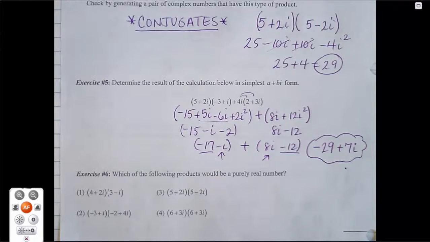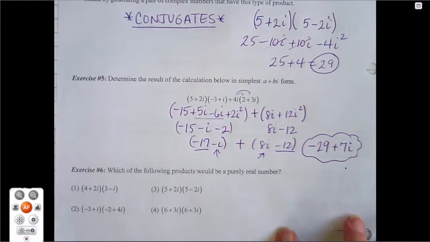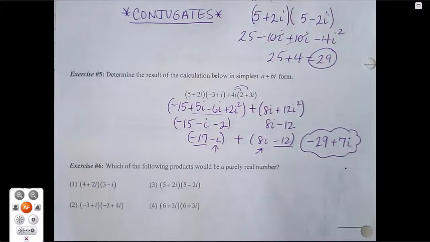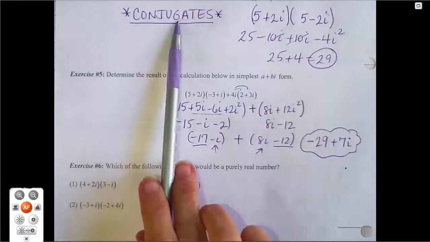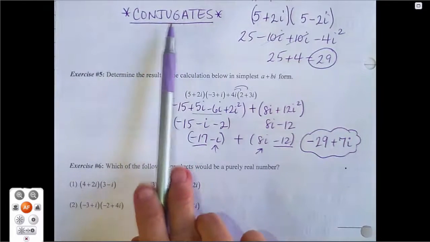So the result of exercise 5 is negative 29 plus 7i. And in the final exercise of the lesson, we're asked which of the following products would be a purely real number. We do not expect you to multiply all of these out until you get a purely real number. What we expect is for you to understand that anytime you multiply a complex number by its conjugate, you get